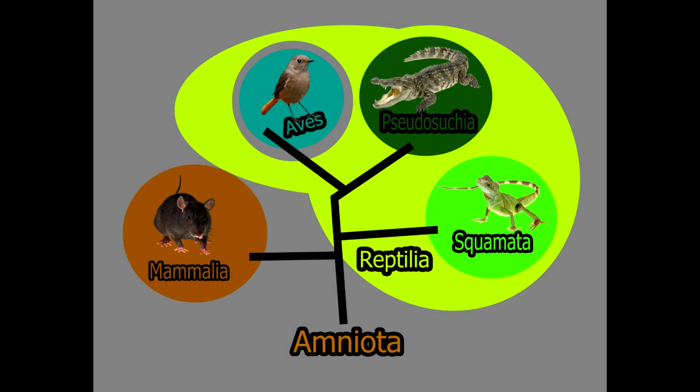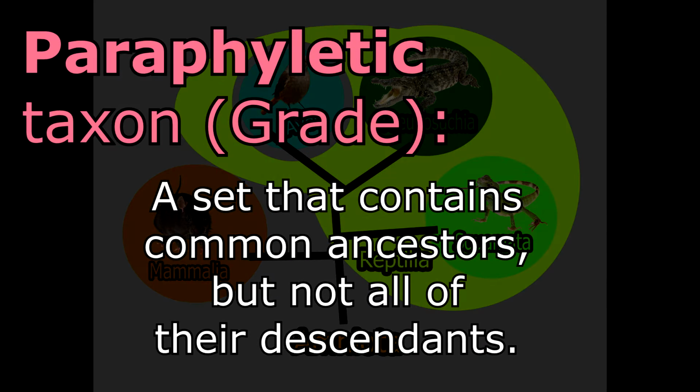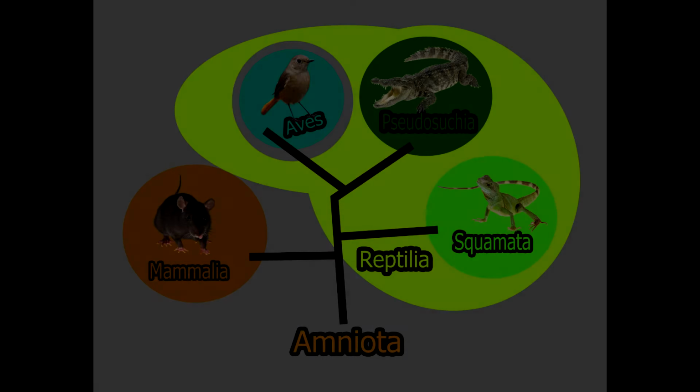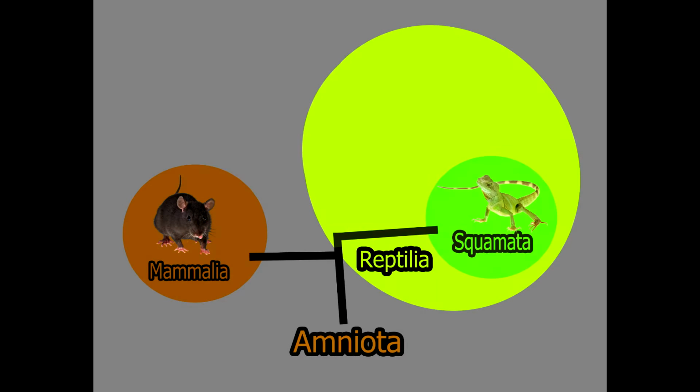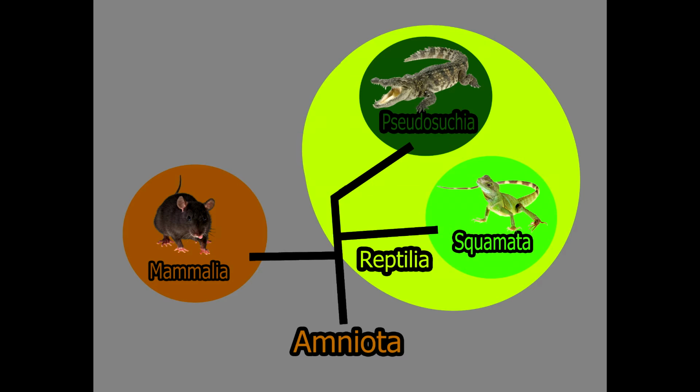In this case, the taxon Reptilia is an example of a paraphyletic taxon, also called a grade, a group that deliberately excludes one or more in-groups, despite them likely having ancestors that would be part of the parent taxon. Reptilia is therefore paraphyletic in this case because while it includes lizards, crocodiles, and their more basal ancestors and relatives,